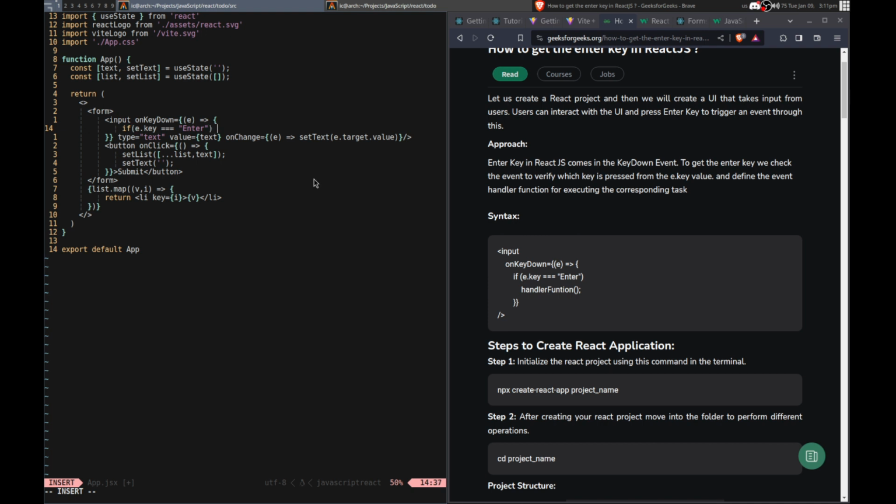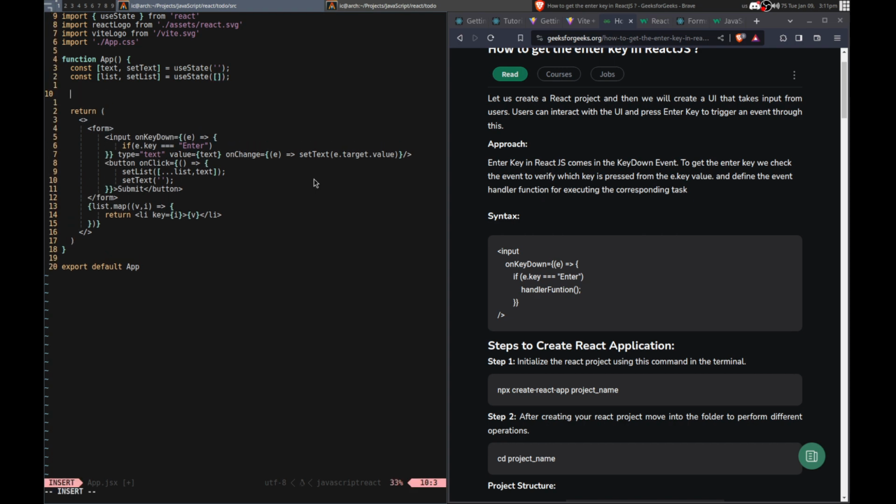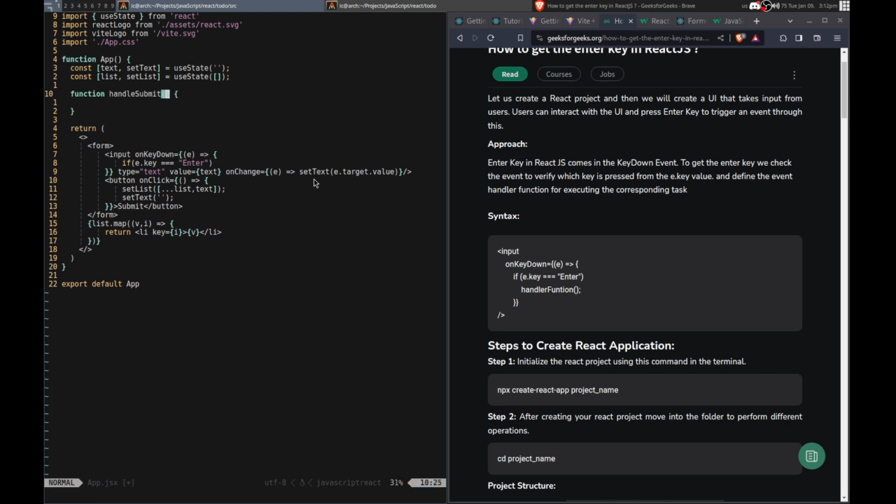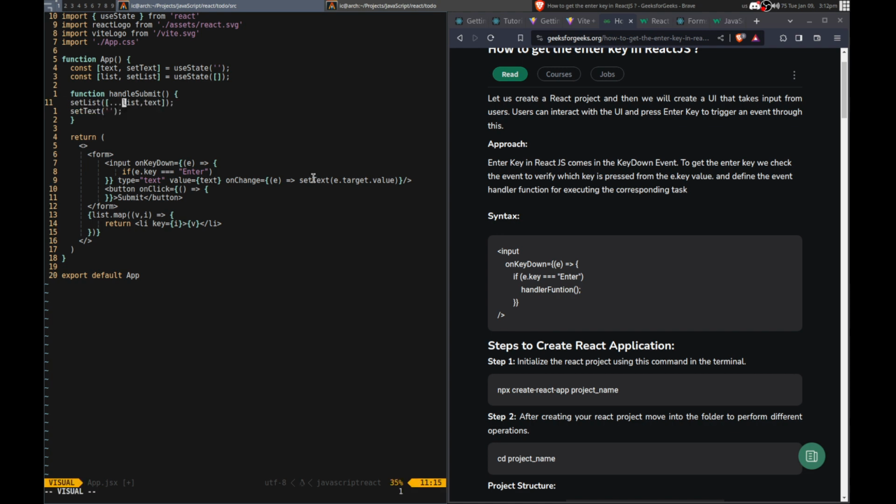Then I want to do this. So I'll probably separate that into a function. So this will be handleSubmit, and it needs just this. There we go. Alright.